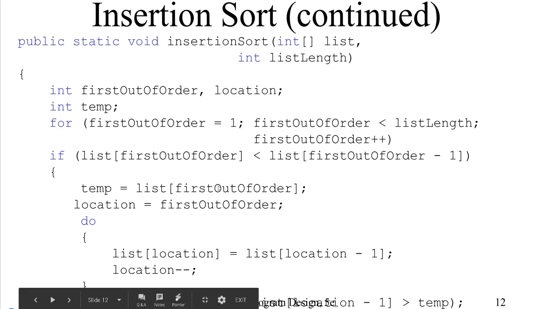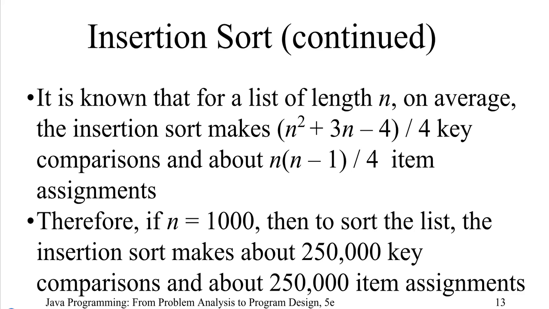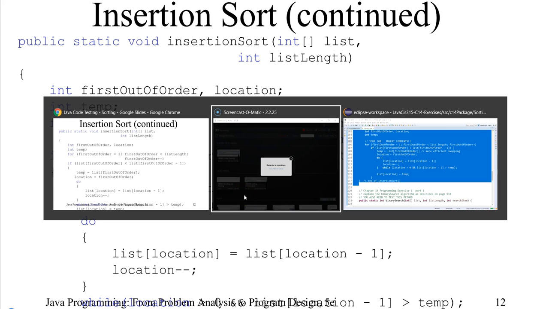Now I have given you this code. Let's go ahead and look at that and put it in our program to then do some testing and verify that we have the correct code, because I want to put testing code around this. Now let's go back now to Eclipse, or I'll show you this on